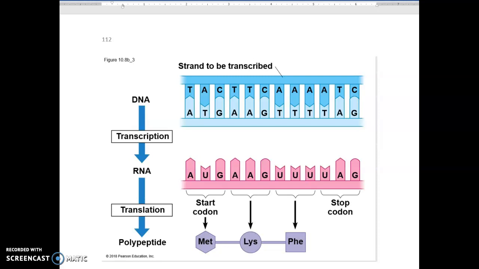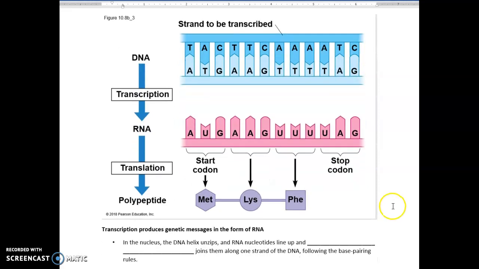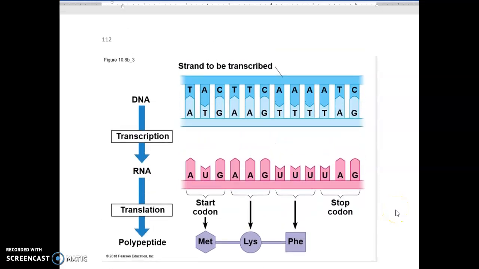So here we have another diagram, except we now can see the base pairs. So this is our DNA. It will come apart, and this RNA will be made. So the T here will code for that A, and this A will code for this U. This C, in the DNA, it codes with G, and over here in the RNA, it will code for the G.